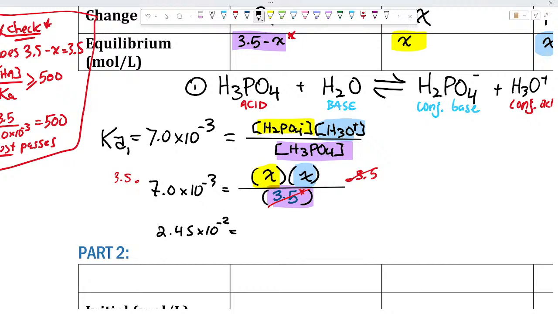And what's that equal? Hey, Novak, what's that equal? Just the 3.5 canceled, so what's left over here? Very good. X squared. Sam, how would you solve this? Beautiful. Exactly right. We can just take the square root of both sides. We'll take the square root of that side, take the square root of this side, and when we do that,